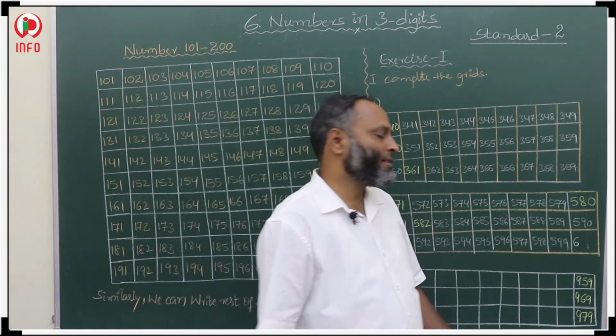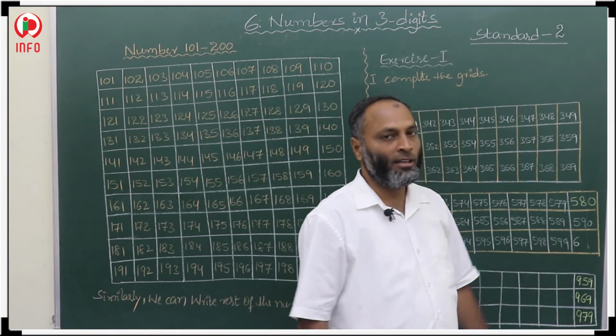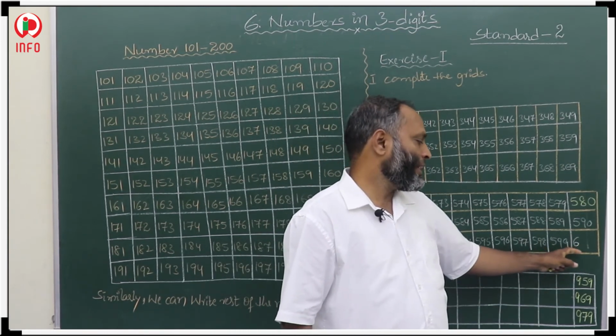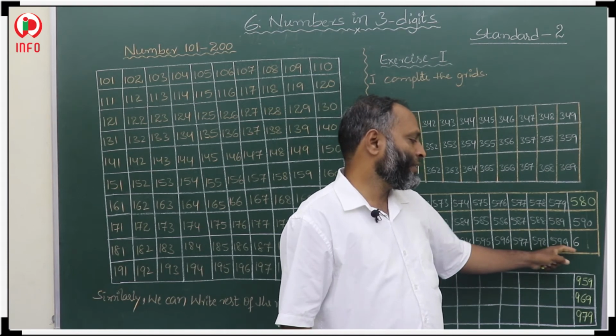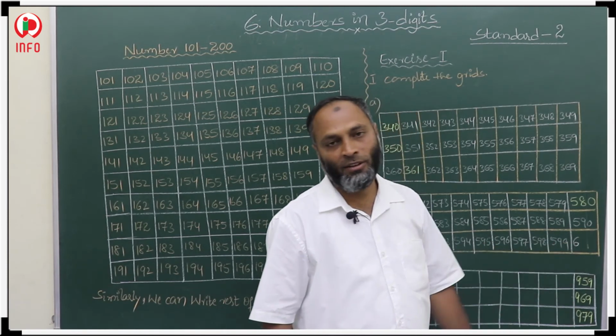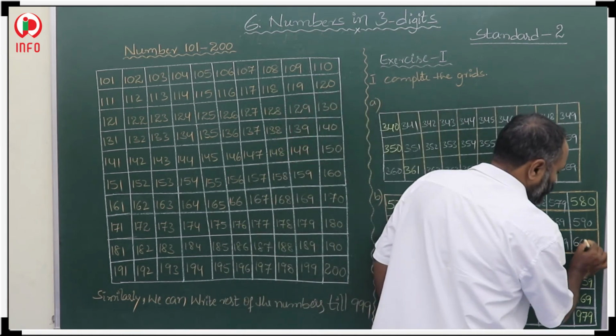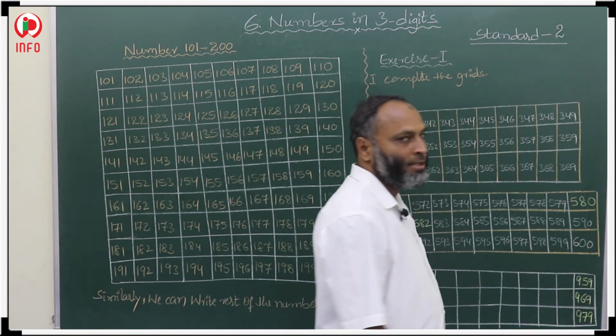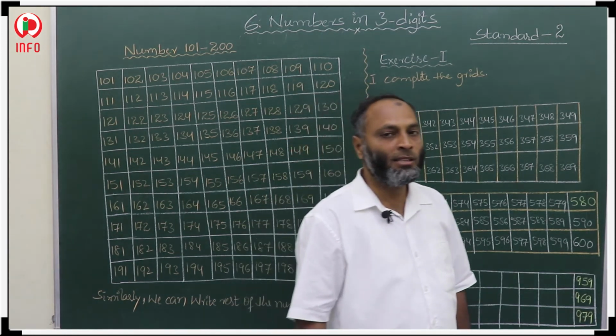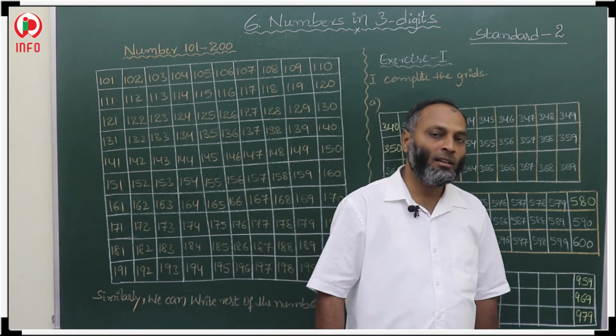When do we have to take the successor? After 99. If 5 is there, 5's successor. If 4 is there, 4's successor. If 3 is there, 3's successor we have to take. That is 6. In the remaining places we have to take 2 zeros. 600, that is 600.